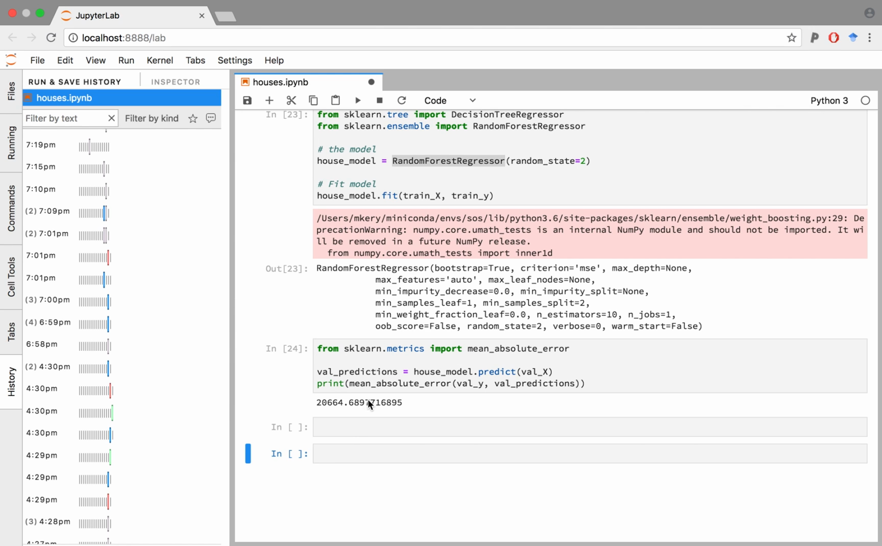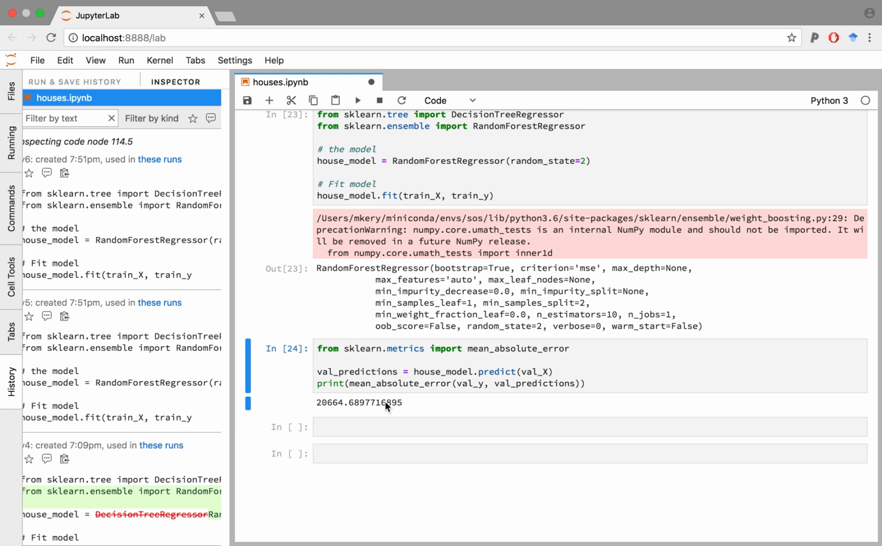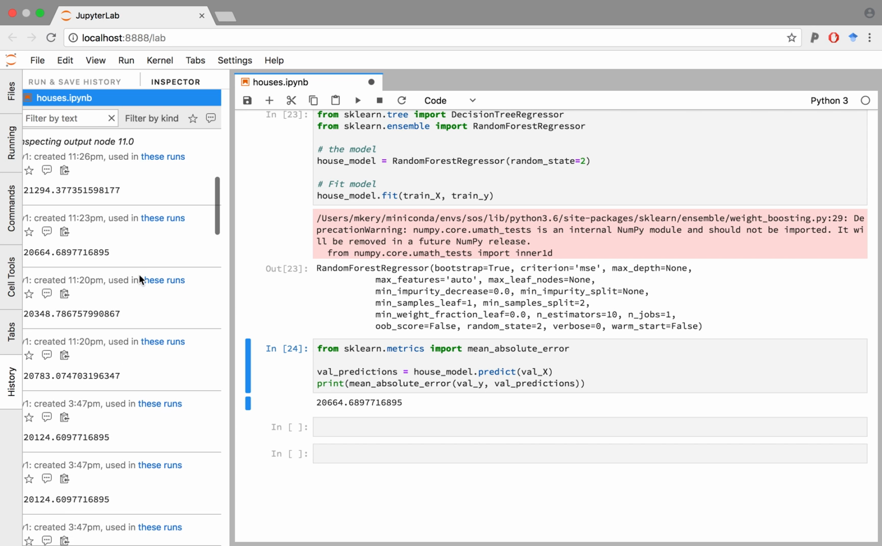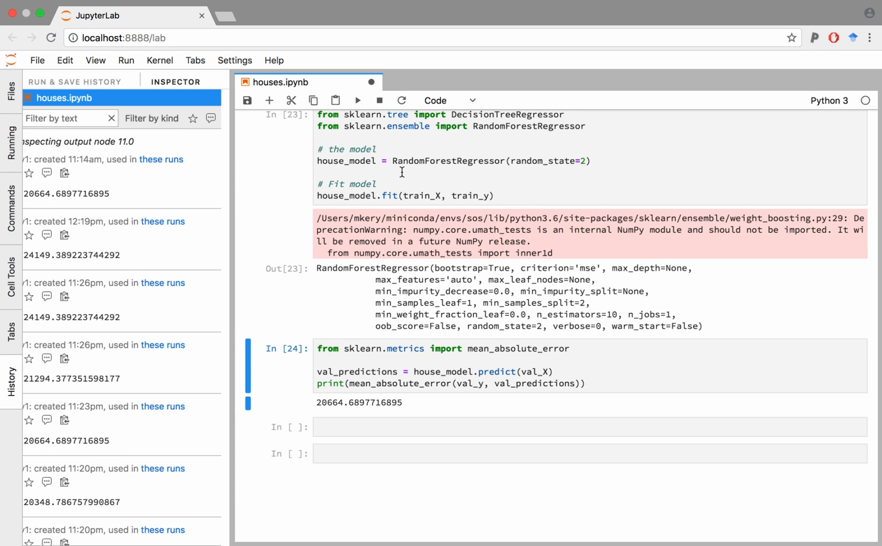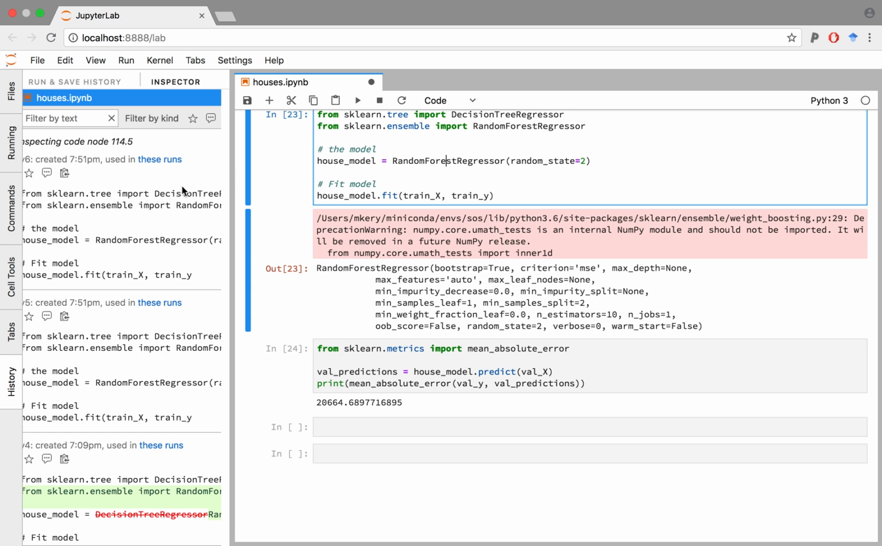We see we have an output here. So I have random forest regressor and I have an output. I want to see what were the different values of the output. Okay, so I see a whole bunch of values and I need to figure out which ones of these correlated with the random forest regressor. Okay, so random forest regressor, it looks like